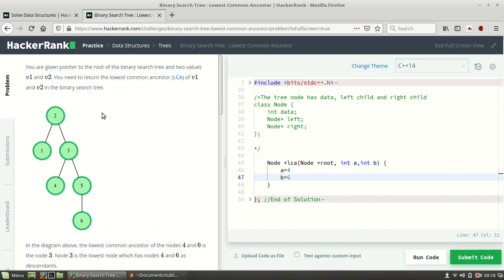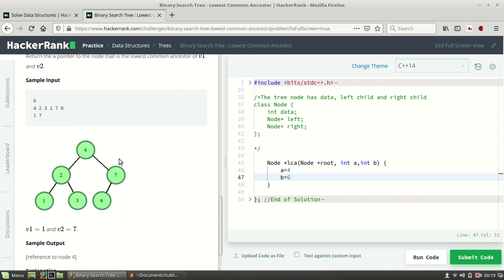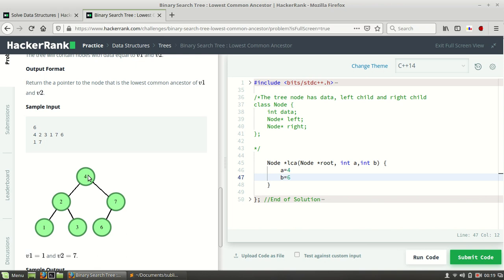But what I have noticed is that this is not a binary search tree, as they have told here. Why? Because if you see, 1 is lesser than 2 and 3 is greater than 2, yes, but 4 is greater than 5 and 3, and they have put it in the left node. So this is not a binary search tree, so we will move to this one. Okay, this is a binary search tree, perfect, and we will apply the same logic in both of the cases.